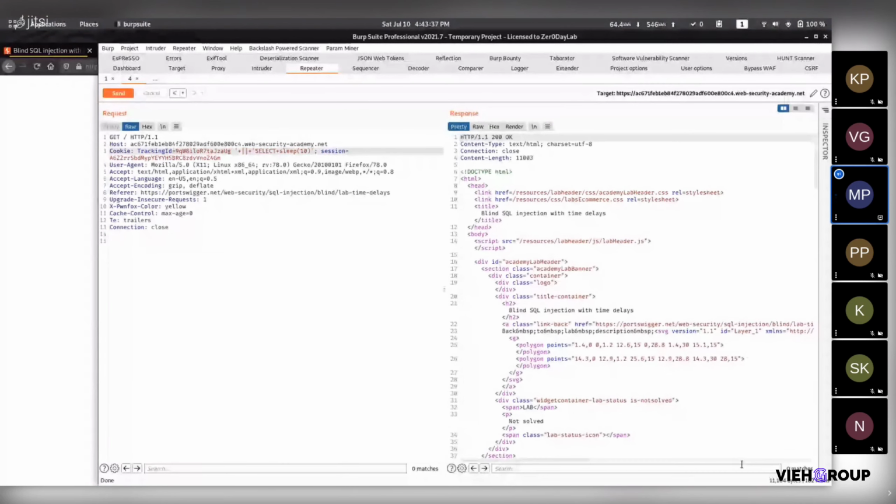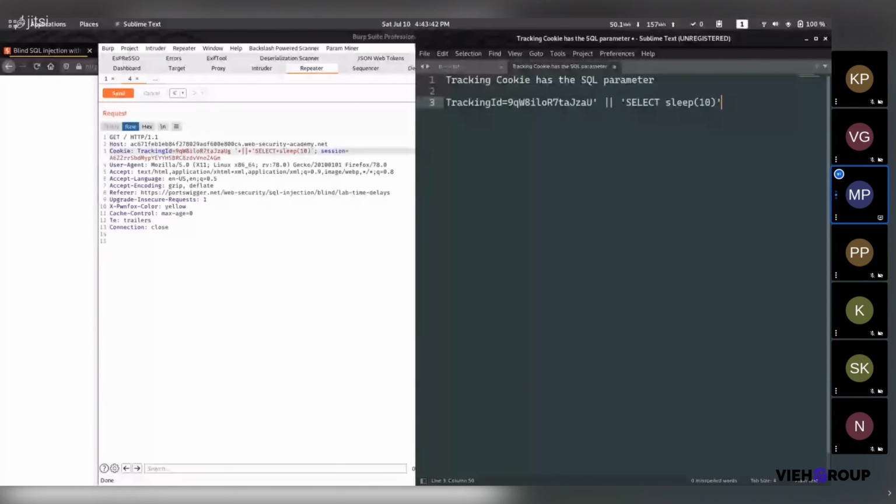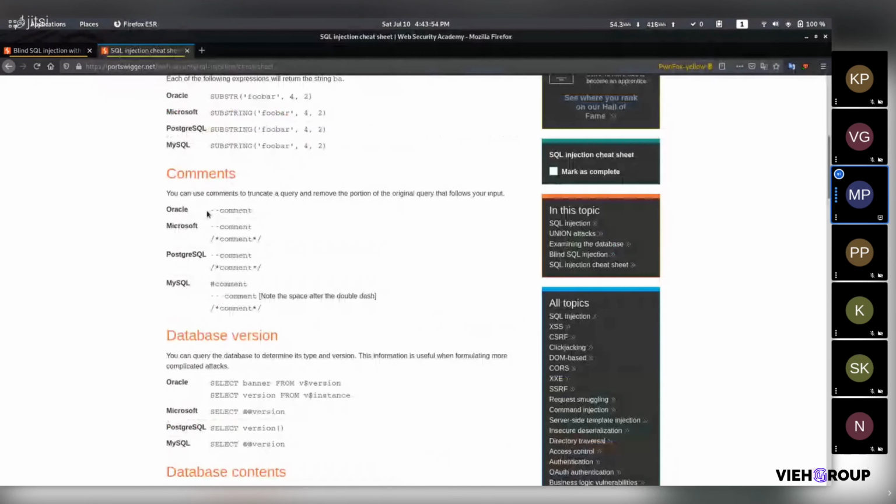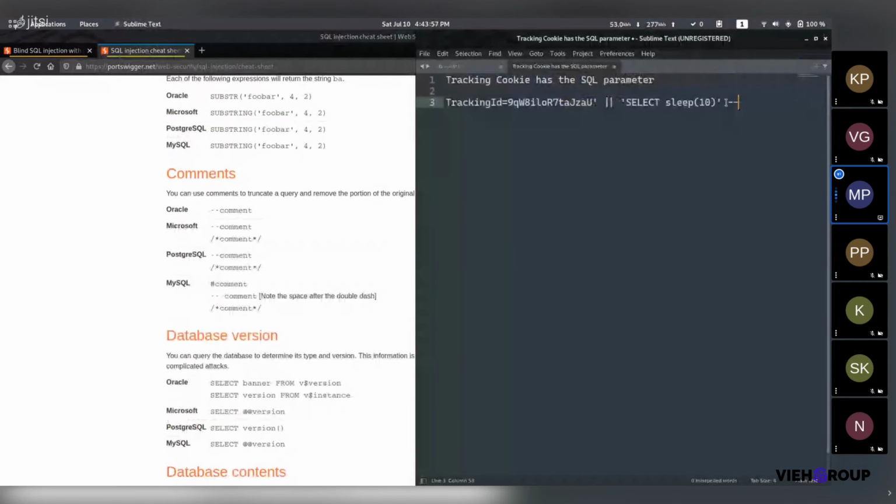No, it is not vulnerable using this. We can also check if anything comes after this query. So we can use a comment. This is a double dash, so we can comment out the rest of the query. So only this much part will be executed, and after this query nothing will be executed.